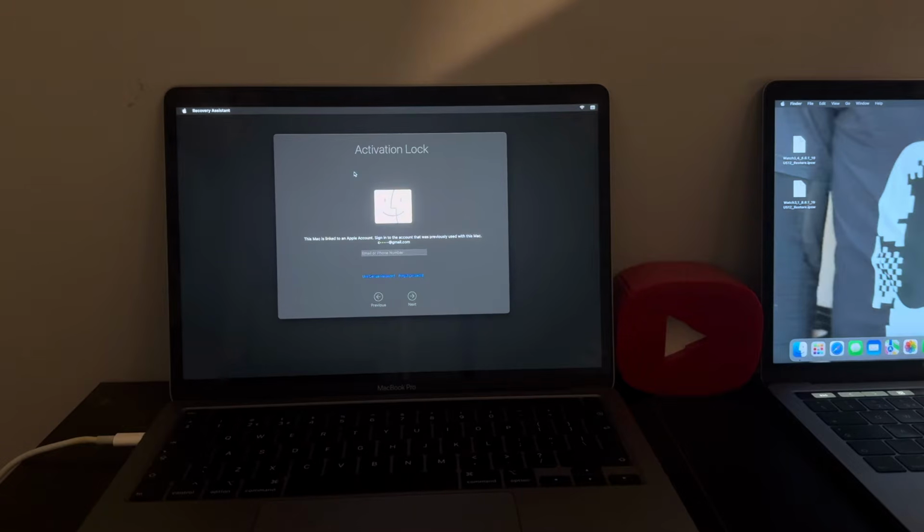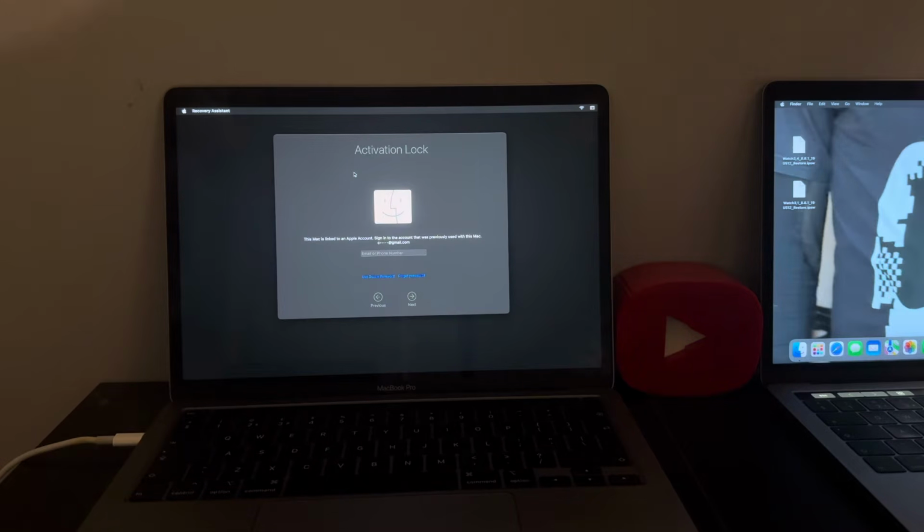So I got some new content for you folks with some good news with regards to the iCloud activation lock on the T2 MacBooks. Basically the good news is the latest Bridge 9.6 macOS Sequoia 15.6 has now been fixed, and I'm going to show you in clear detail how to do a full untethered bypass on your T2 iCloud